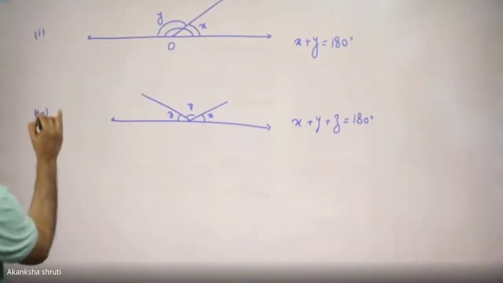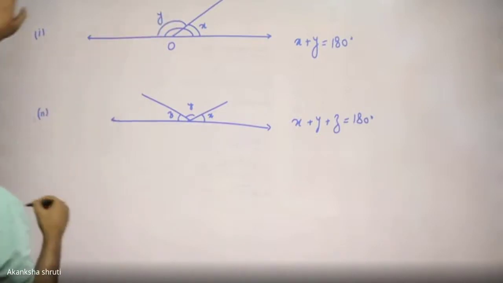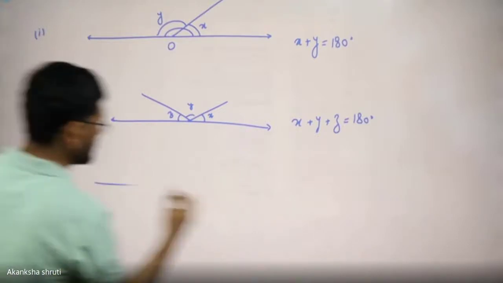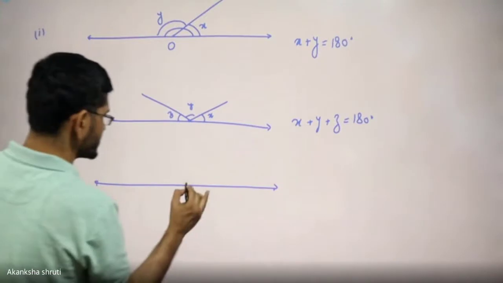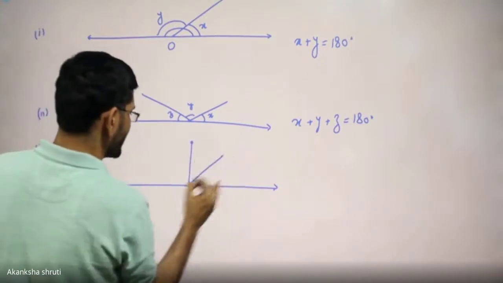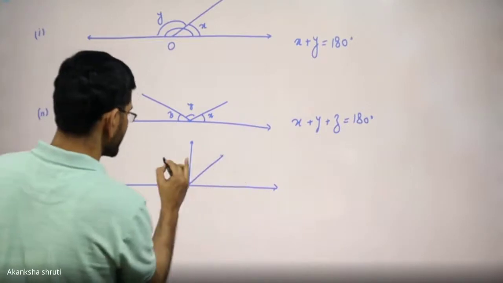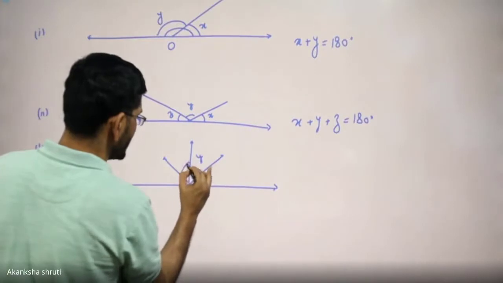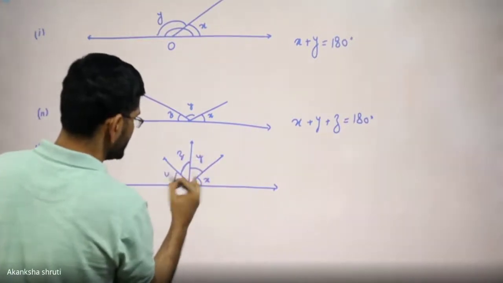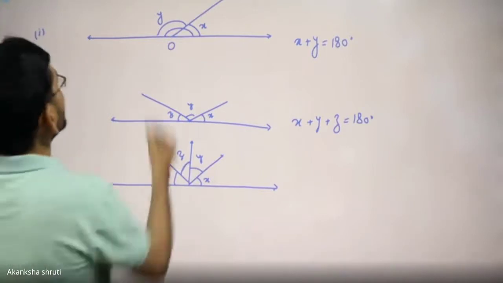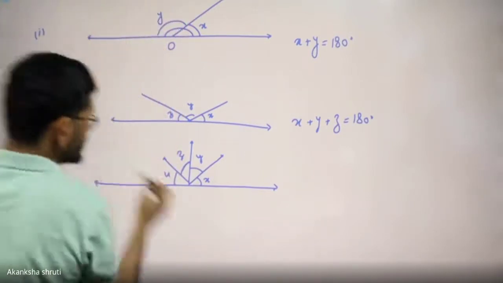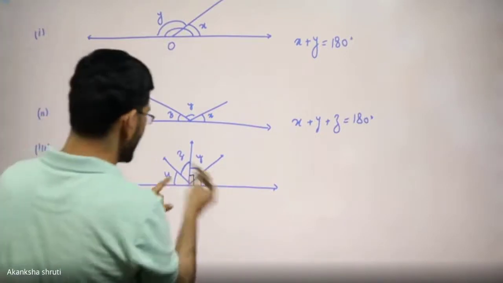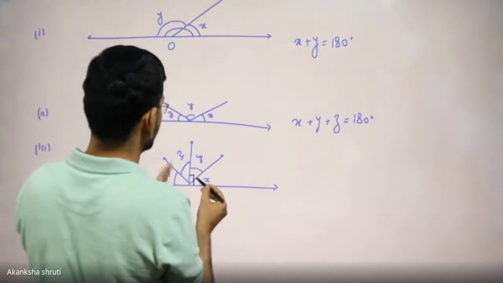Students, it may be given that in place of these 3 angles, there may be 4 angles. That may also be possible. Don't worry about that. Or even 5 angles there can be. Let us consider this as X, this as Y, this as Z, and this as U. In this figure, it is also given that this angle is a right angle. Then what relations can we write? Various relations we can write, students.